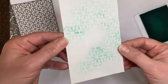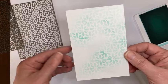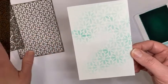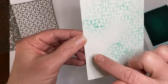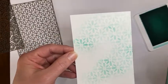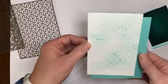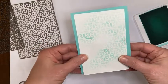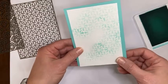And it's just a really, really fun background. Like I said, you get 6 of these masks and it's $10. It's such an inexpensive investment to have so many different options that you can do with the background. And you can see that really light, subtle color. And then where I went with that little bit of a heavier hand, you see it darker there. Now I could layer this, pretend they were cut to layer. I could layer that on here, add some embellishments or ribbon, add a greeting, just make a really sweet